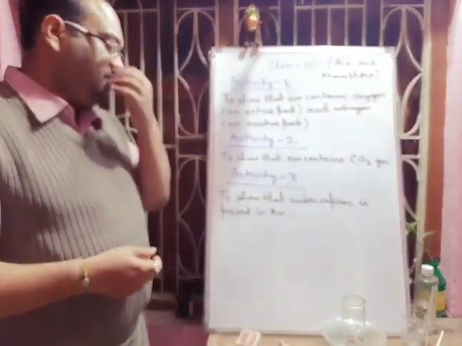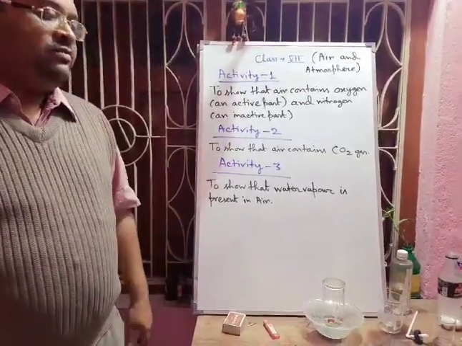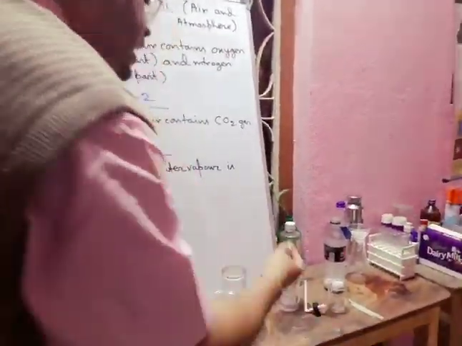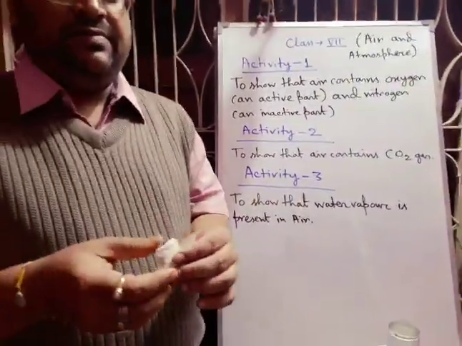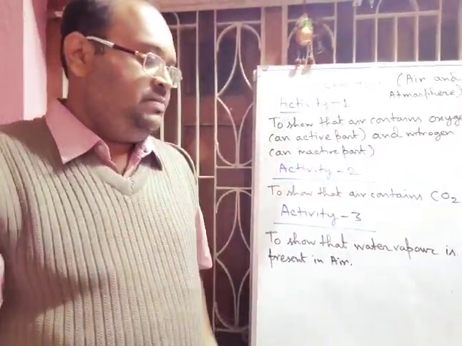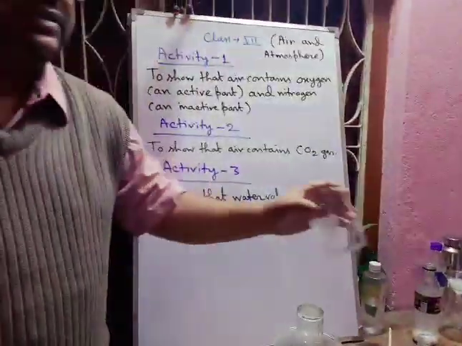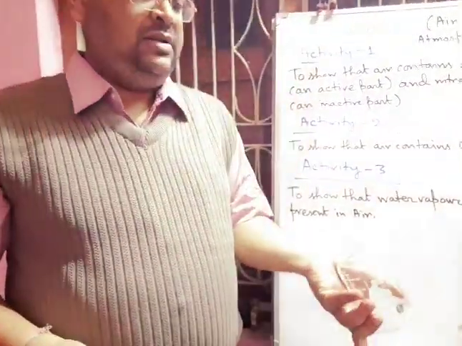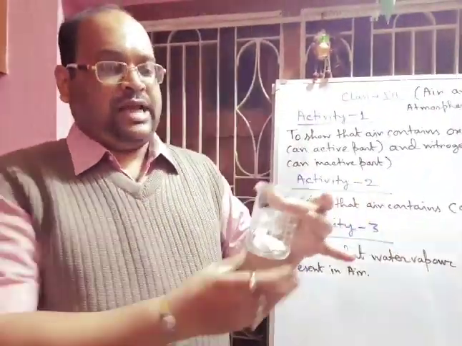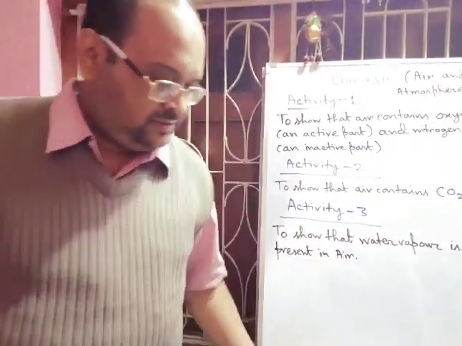Okay. So before going to this, we have to prepare lime water. I am showing you, I have taken one piece of lime, that is calcium oxide, from the market. You see that lime, and I am taking it inside a beaker. This is a beaker. I am putting this lime inside, and then I will add some hot water.